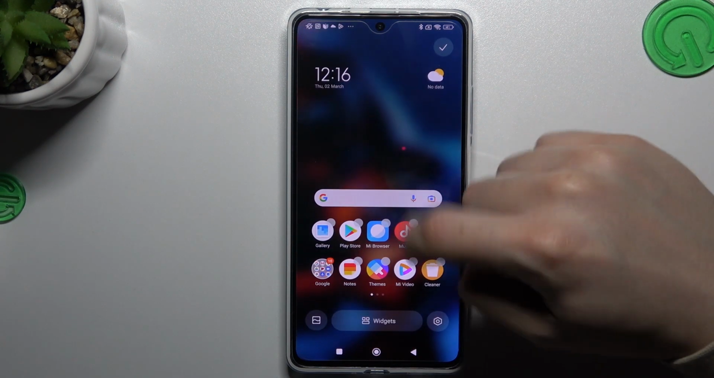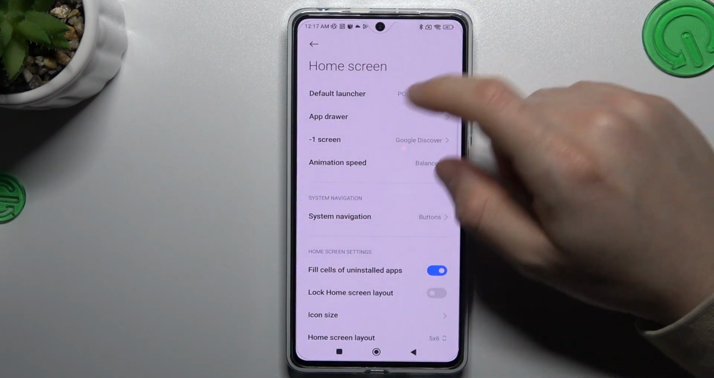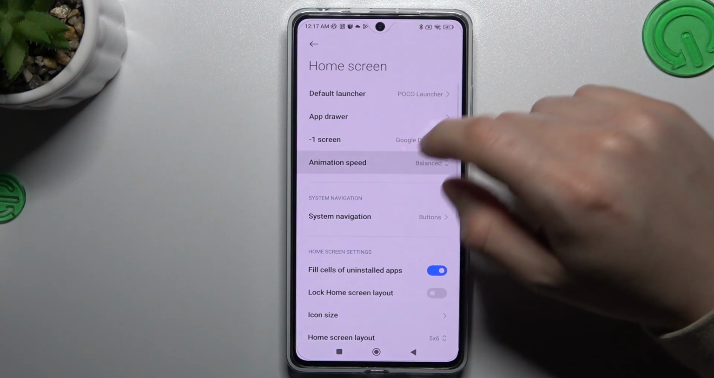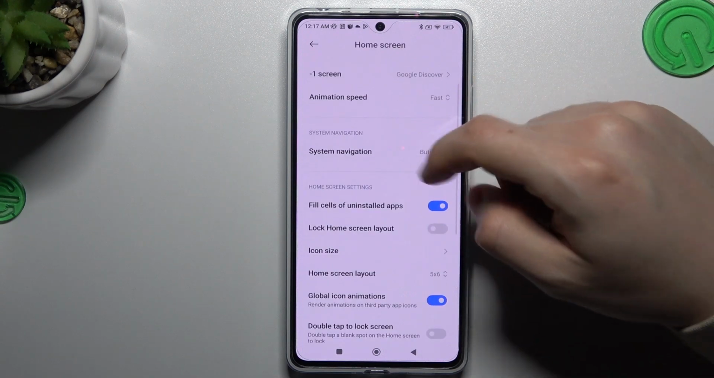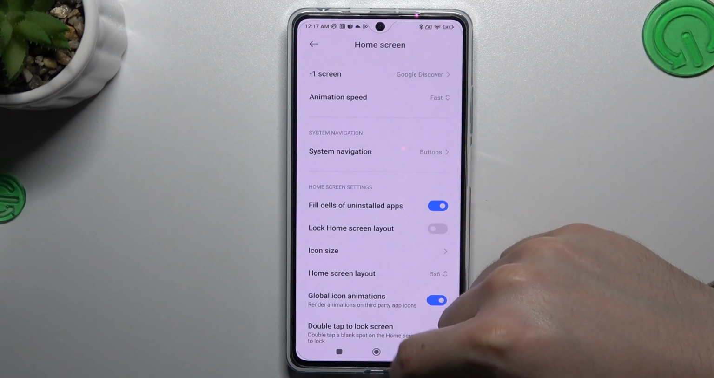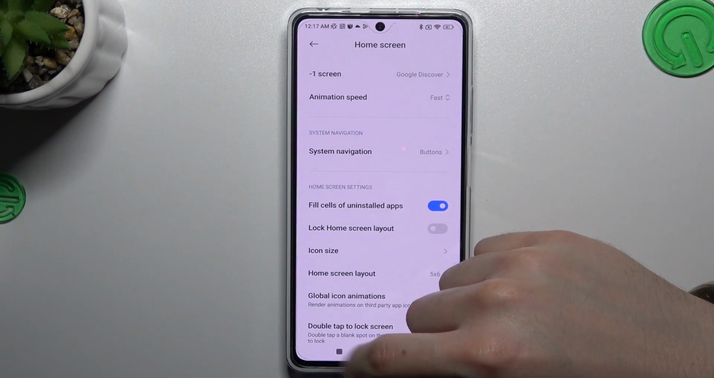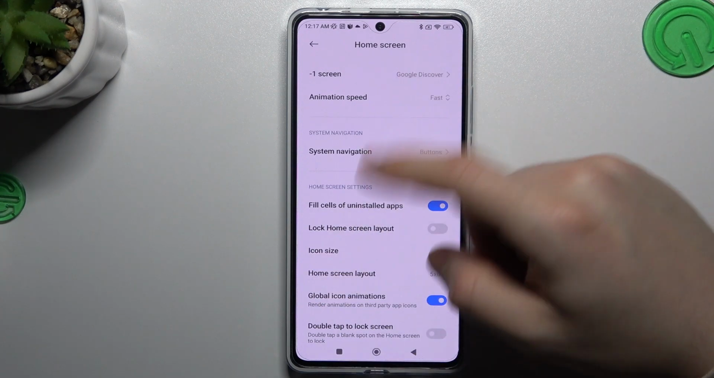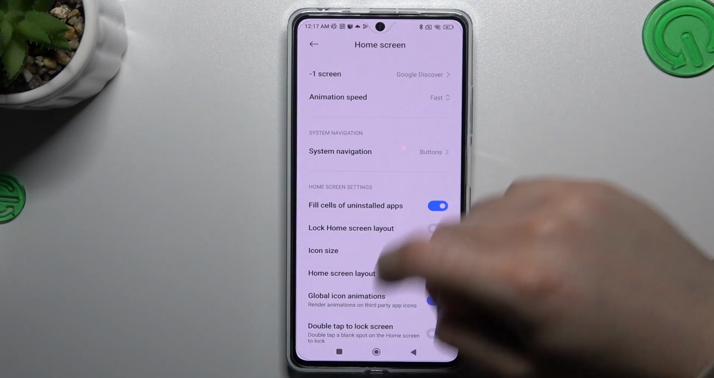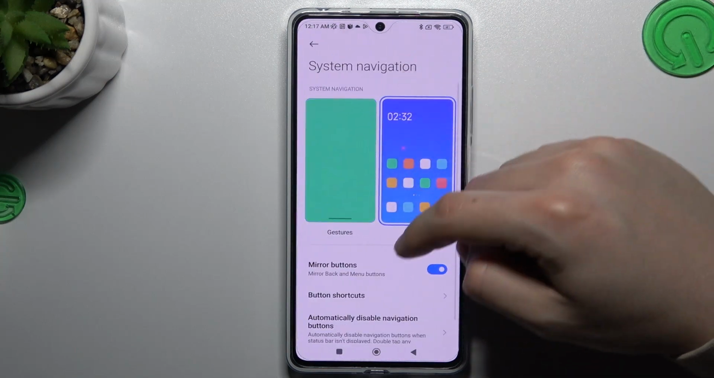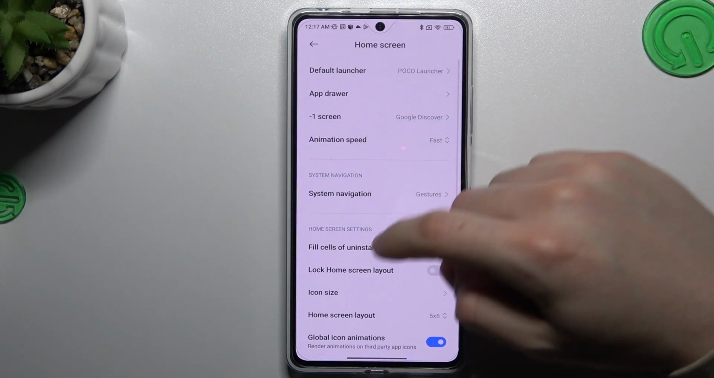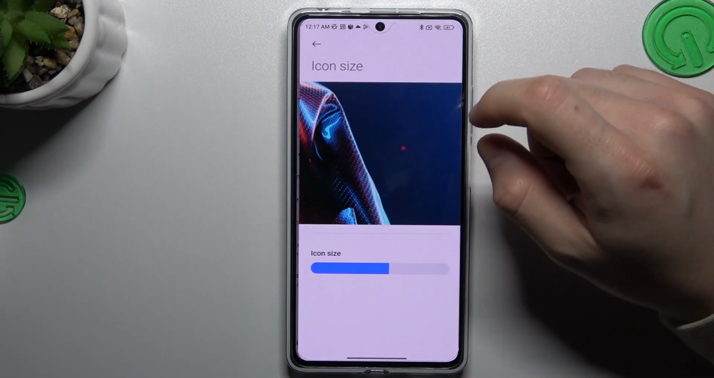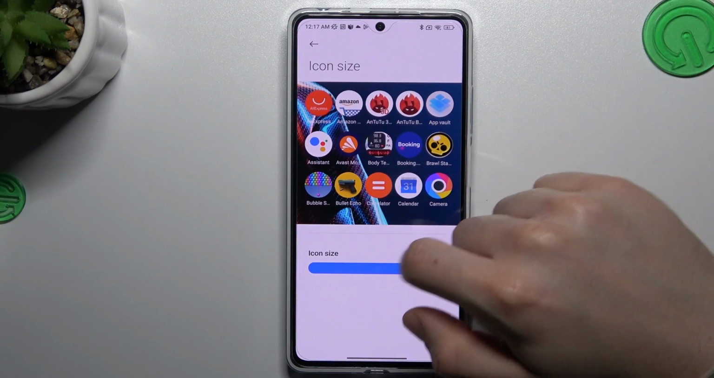After that you can also go to the settings more and then change the animation speed to make your phone a little bit faster. After that you can change the system navigation, to use the gestures, not only the buttons. Just choose your favorite one, like here. After that you can change the icon size by this little slider,